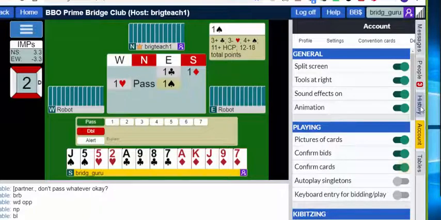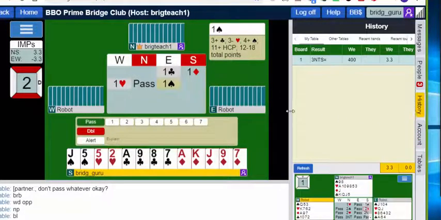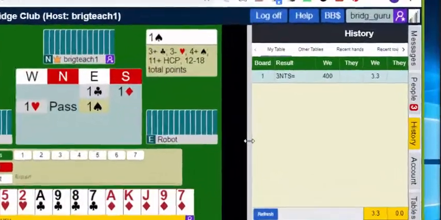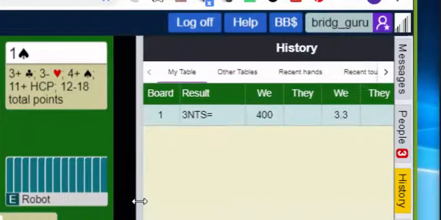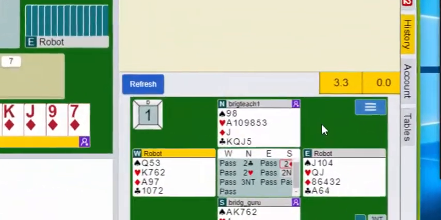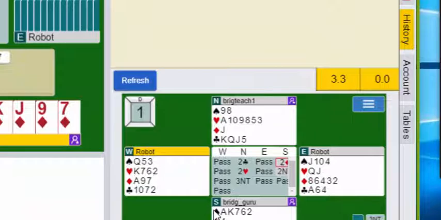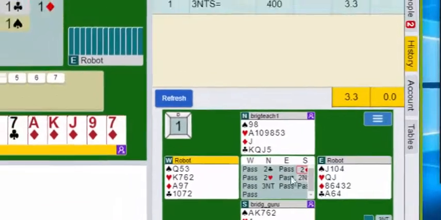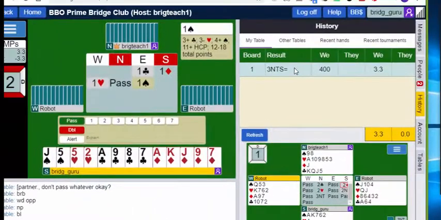Now we were at the history. If you notice that we played a hand before in 3 no trumps, and it's come up in the history, it shows the actual hand that we had, and we were bidding 3 no trump. It gives the bidding, and it gives the result. When you've played 3 hands, and everybody has played all 3 hands, in the history it'll have the result, and then your percentage score will be there. And when you click on the hand,